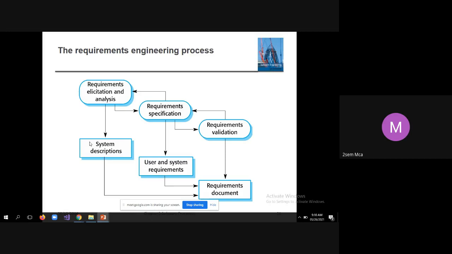Say for example, I'll give you an example for system description. Your client will tell you, I want to launch one new business and I want to do business using online mode. These are the categories of products available with me and I want to market these things and sell them online.